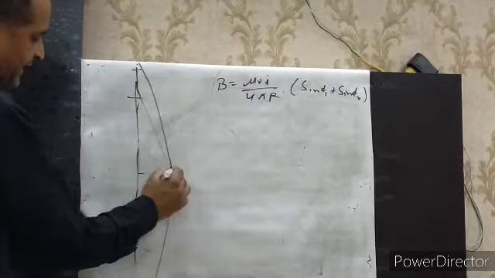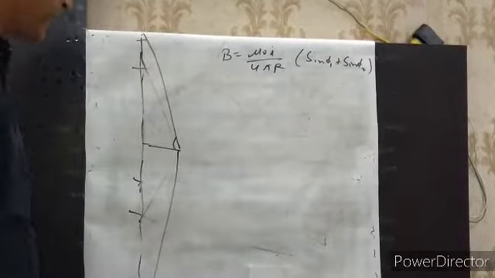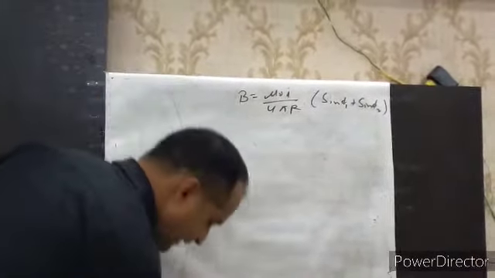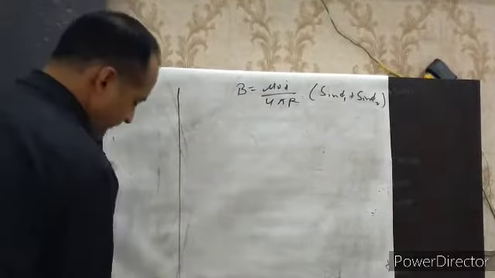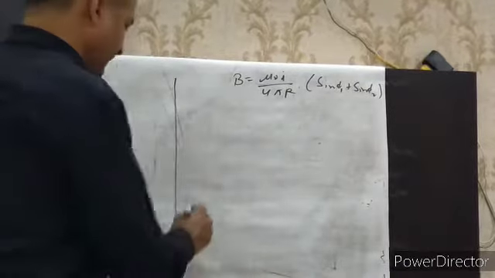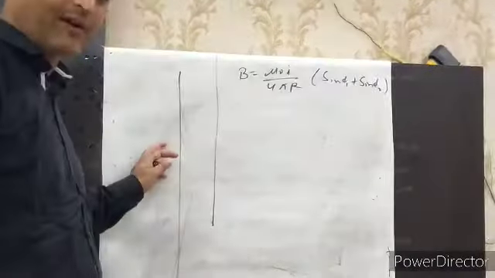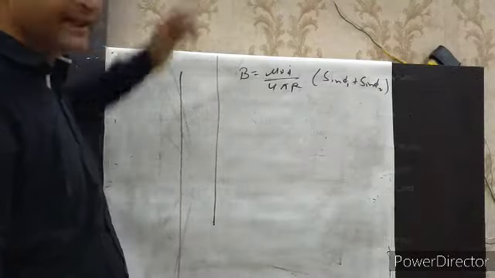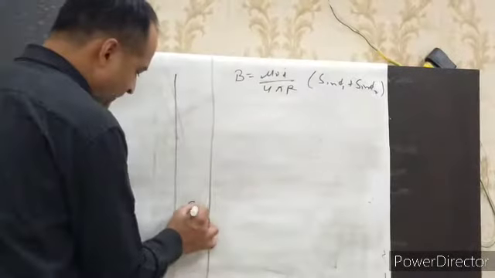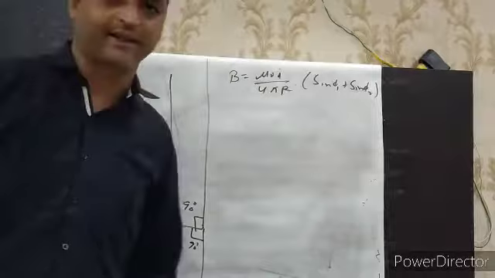Then you can see the angle is increasing with increasing length. If we take infinite length, then for infinite length, this end is endless. Then it will become parallel to the wire, and this will meet at infinity. Here also this will meet at infinity. Then the angle will become 90 degrees. Both phi 1 and phi 2 will become 90 degrees.